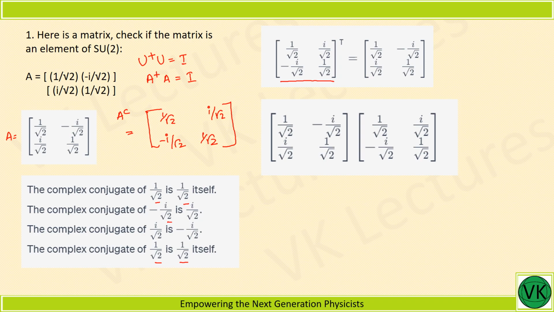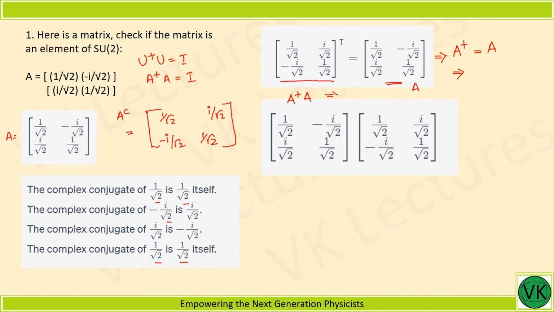This says that A dagger, that is the complex conjugate transpose, is nothing but A. This is the same as the matrix that we have, A. So when you take the complex conjugate and take the transpose, this becomes this one, and that is it. Okay, now we need to find A dagger A, and since A and A dagger are the same,